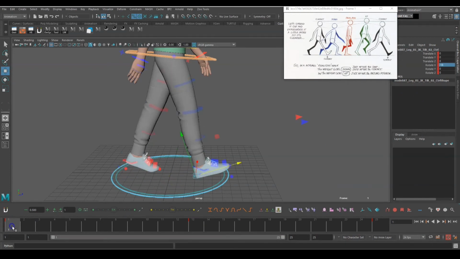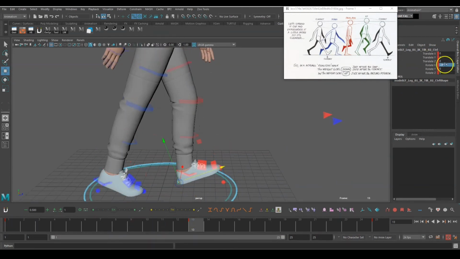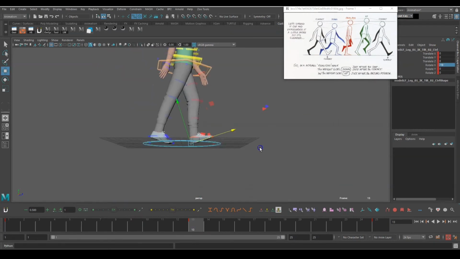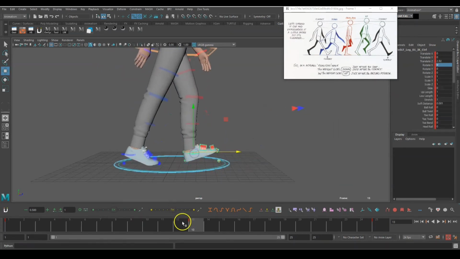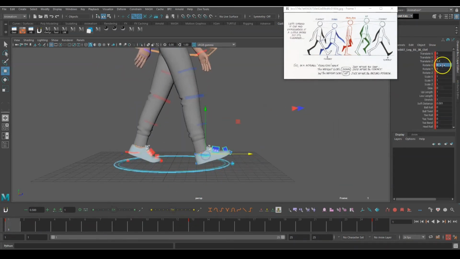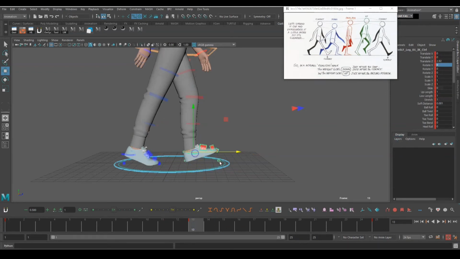Minus 20, right? Minus 18. So here the value is 4.4, so we'll keep the same value.